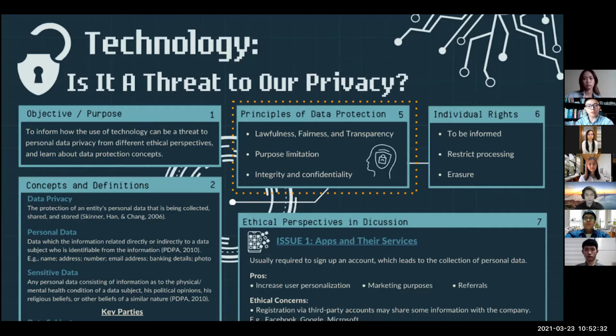And finally, the principle of integrity and confidentiality, which basically means that organizations need to ensure that the safety and security of our data and privacy are protected. And they can do this through technological and, if needed, physical measures. And it goes without saying that they shouldn't be sharing or selling our information out to any other third parties without our consent. So therefore, just as how psychologists utilize the APA codes for their conduct, Malaysians should also form some principles of data protection for collection when coming up with legislation. So we can do so by referring to the GDPR on how we can go about it.